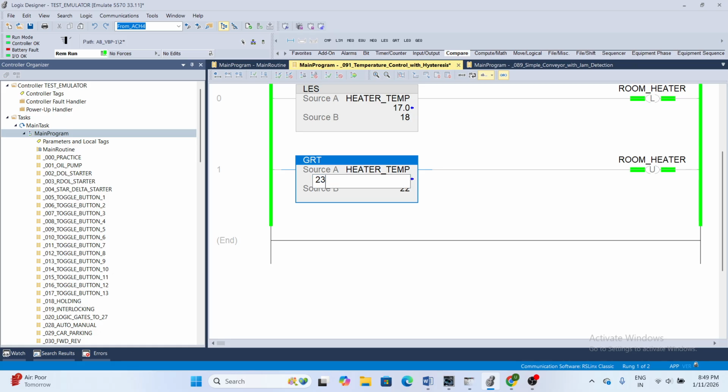When the temperature goes above 22 degrees Celsius, then the room heater will be off. So this is the simple logic according to industrial automation. This is the best logic for heater control. When the temperature goes below 18 degrees, the room heater will be on. When the temperature goes above 22 degrees, the room heater will be off.